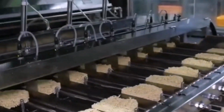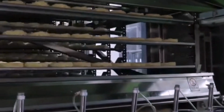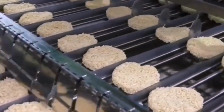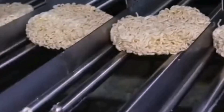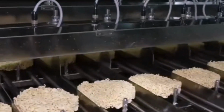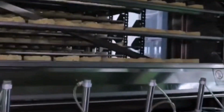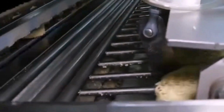Once the noodles are rinsed and cooled, they are drained to remove excess water. Next, the noodles undergo a drying process to eliminate the remaining moisture. This process can be carried out through air drying or by using controlled hot air. In the case of air drying, the noodles are placed in areas with good air circulation to allow the moisture